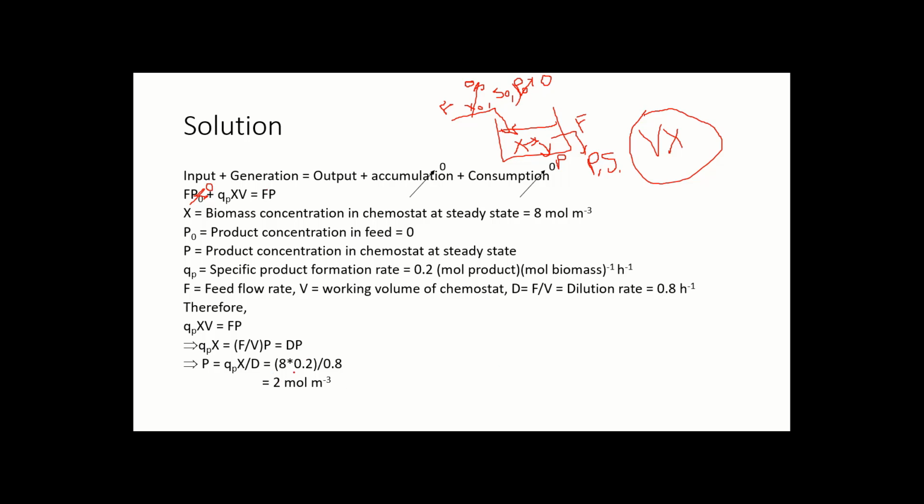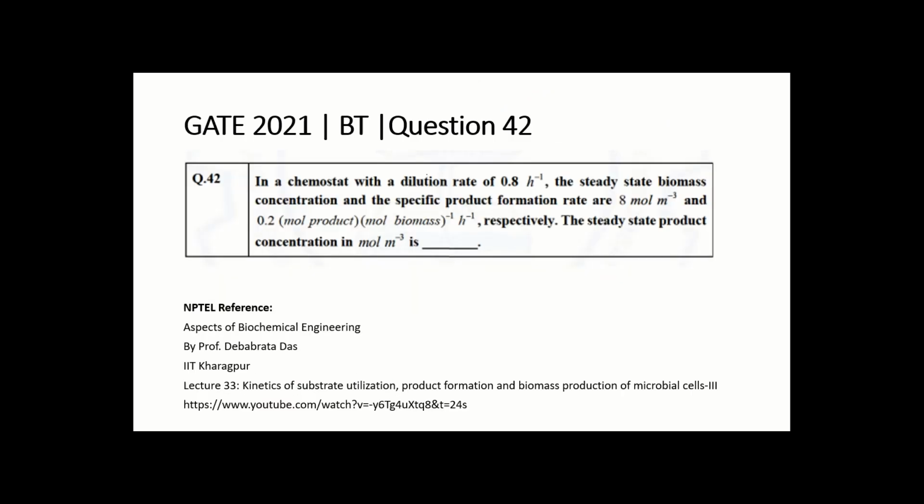So P will be 8 into 0.2 by 0.8, and the unit will be mole per meter cube. So it will come to 2 mole per meter cube. So the product concentration will be 2 mole per